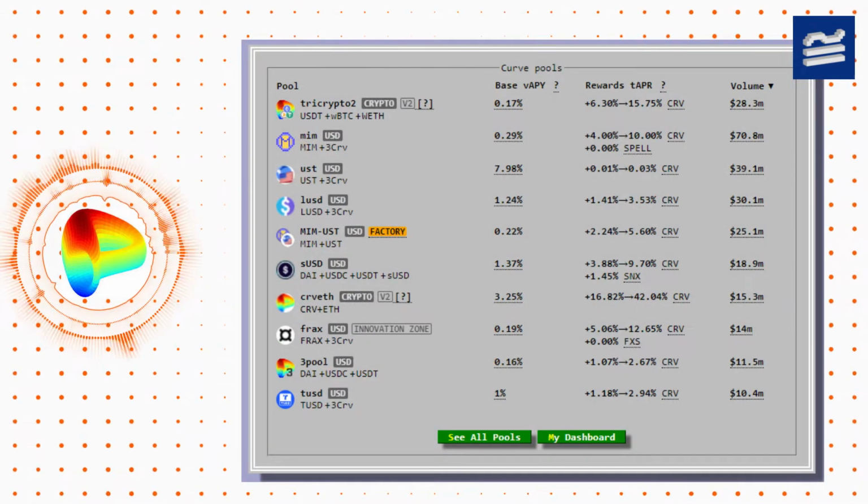When providing liquidity into a pool, you are rewarded with CRV tokens. These tokens have a dual purpose as they serve as both rewards for community participation and as governance power. In DeFi, governance tokens are the accepted method of decentralization. They distribute tokens to users and each is worth one vote when a decision is made in governance. In this image we see what yields are looking like across different pools.